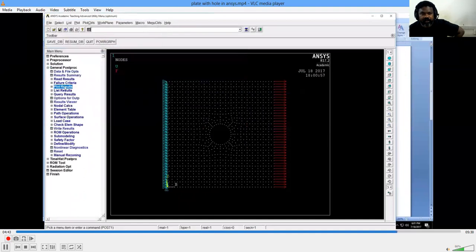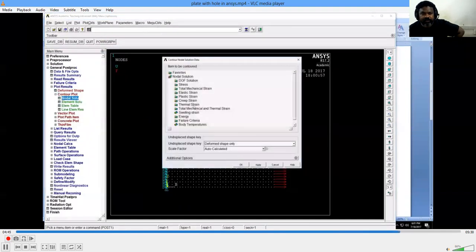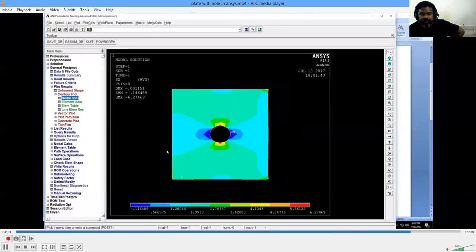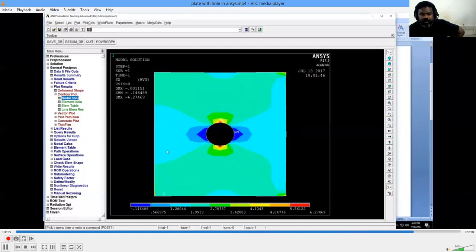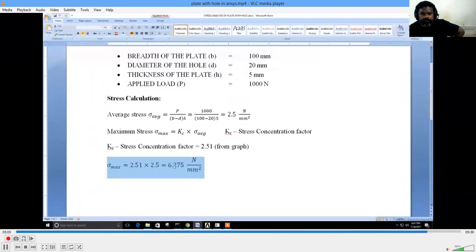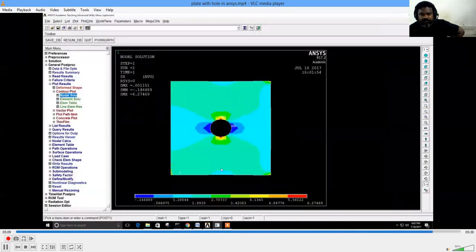Now let us see the maximum value. Stress in the x direction you can calculate. The maximum value of stress is 6.27 Newton per mm squared. The maximum value is shown. Here is also the same value in the x direction.